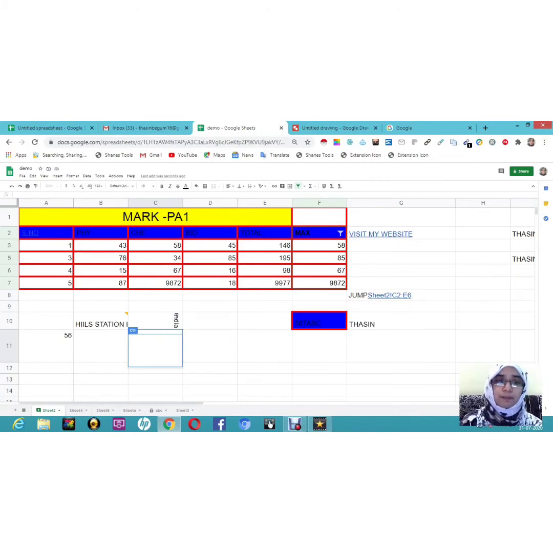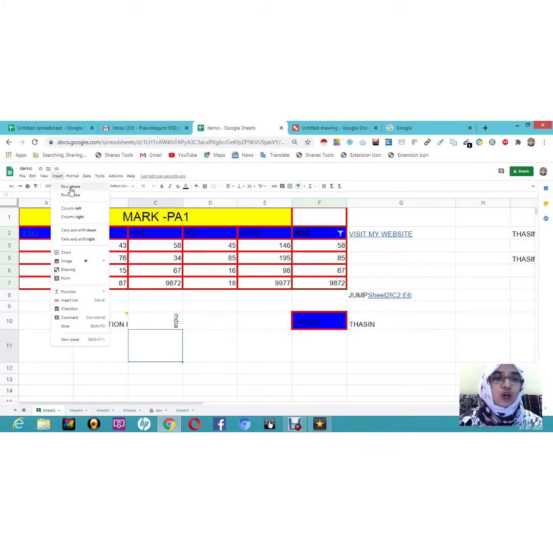So here it was math and here it has become India. So this is called find and replace. If you want to replace any of those things, you can do it here. And then the point comes to insert, so you want to insert any row above or row below or column left, column right.